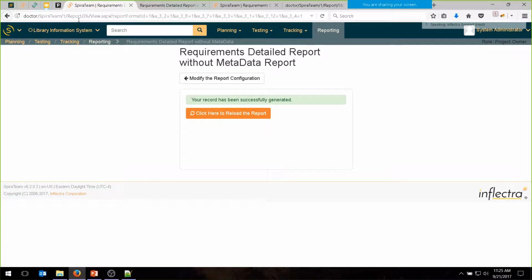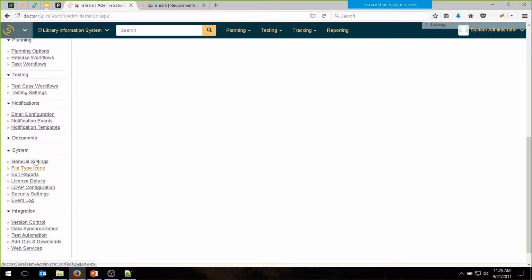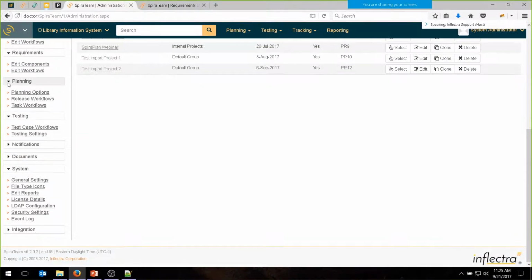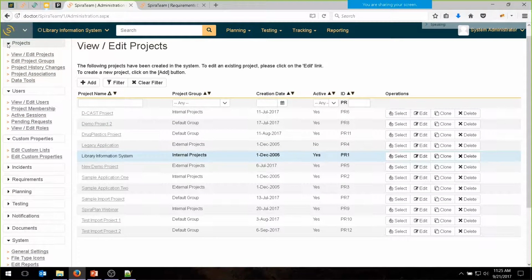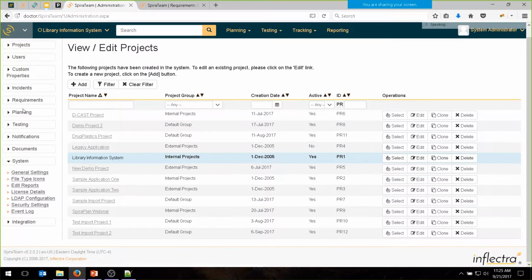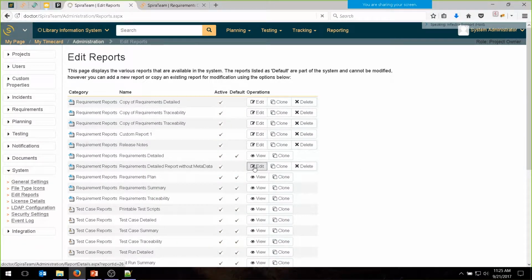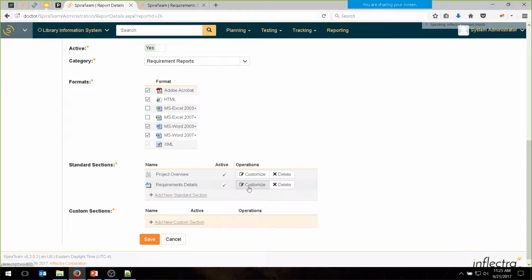To do that, we're going to go back to our custom reporting. Let me remove some of these. And we go back into our edit reports. Just close some of these down. And if you go here, you go edit reports, and we'll find the one that was the requirements detail without metadata. Hit edit. And let's go into the next section, which was the requirements detail. So what we want to do here